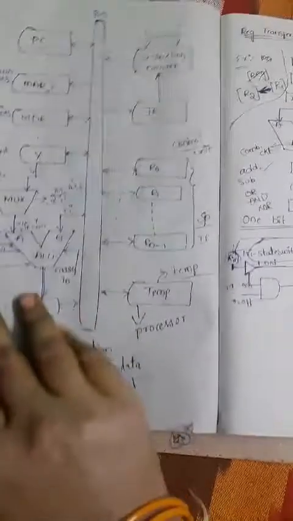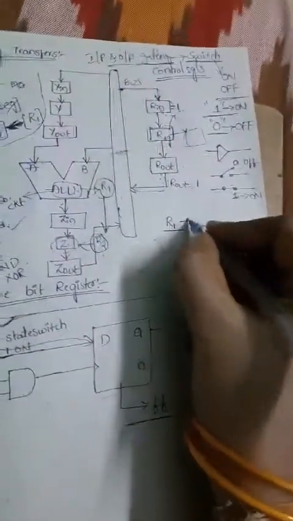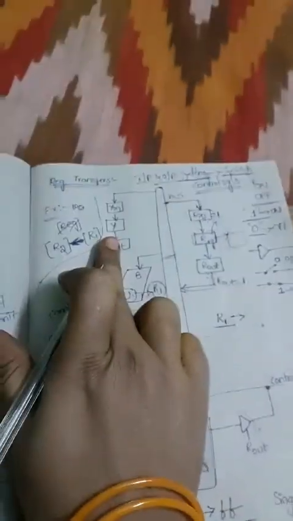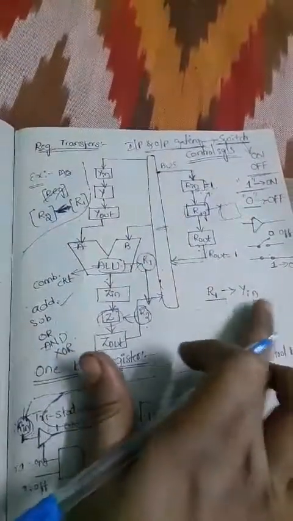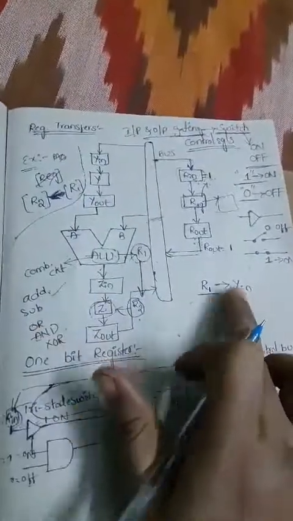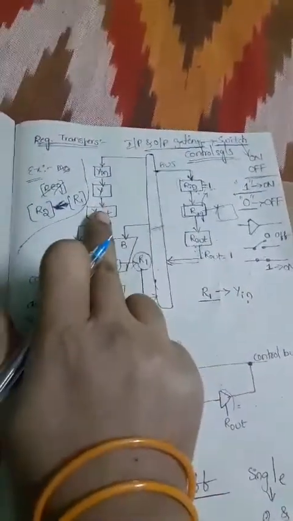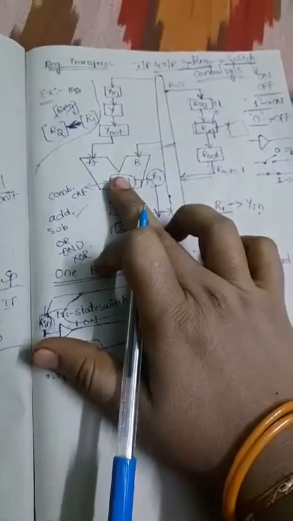ALU operation. How can we specify these operations? First, the content of the R1 register is placed into the Y input register. Why am I choosing Y? Because the ALU needs one input from the Y output, no? So the R1 content is first sent to the Y input register, which we call a multiplexer here. Then this Y content is given to the next level, that is the A input of the ALU.